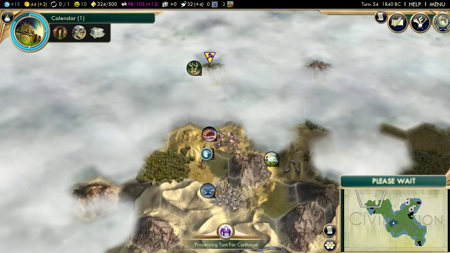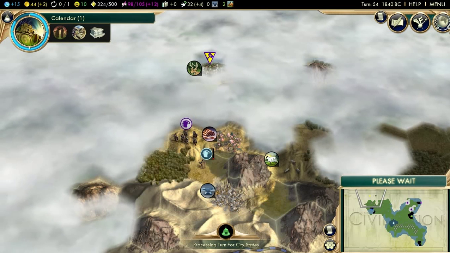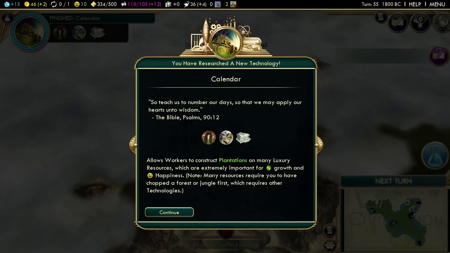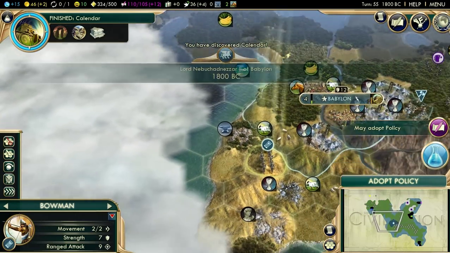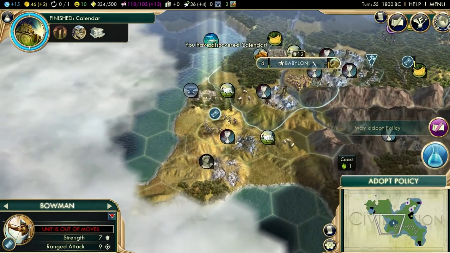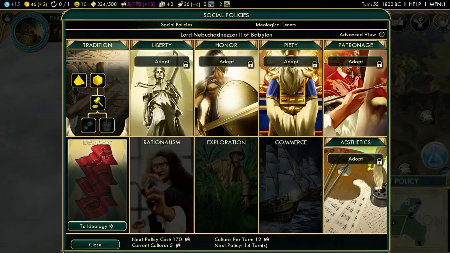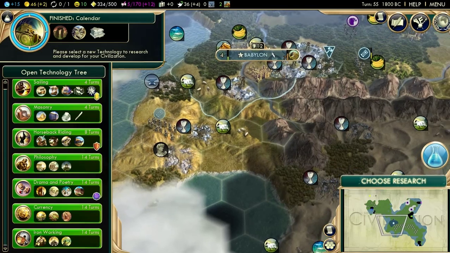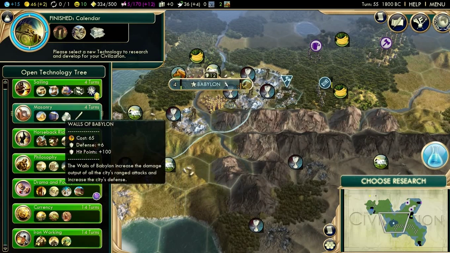They also love to go tradition, which means that they also combine this with the aristocracy policy. And they're pretty much impossible to beat when it comes to wonder race. Any wonder that Egypt wants to get, they will get before you. It's really that simple. Alright, let's grab legalism. Won't really give us anything, but we need it. So yeah, Ramses is a problematic dude to have. Probably gonna have to go philosophy, but...